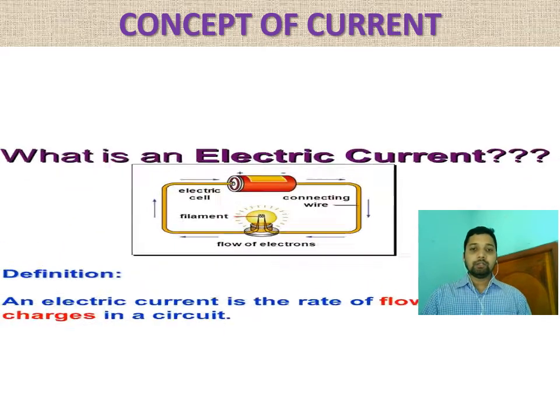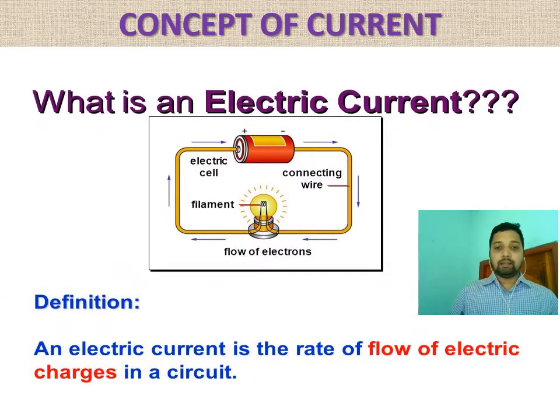Whenever we take the term current electricity or electric current, we know that charge can flow from one electrode to another. Means from negative side the negative charge will move to the positive electrode and positive charge will move to the negative electrode. So the rate of flow of charge, means the amount of charge flowing through any conductor in a given period of time, in a unit time or in 1 second, is the current.